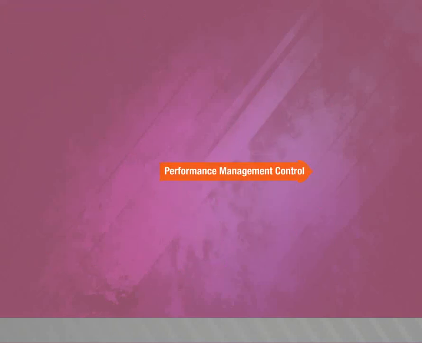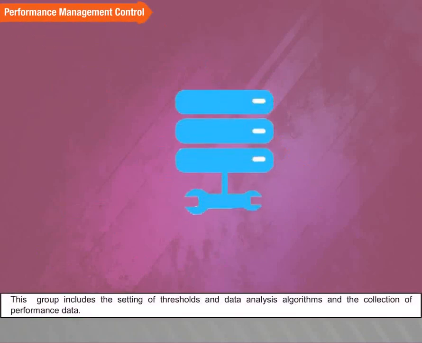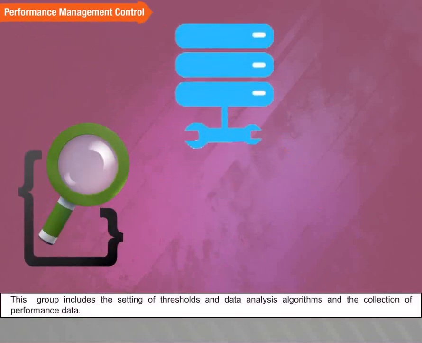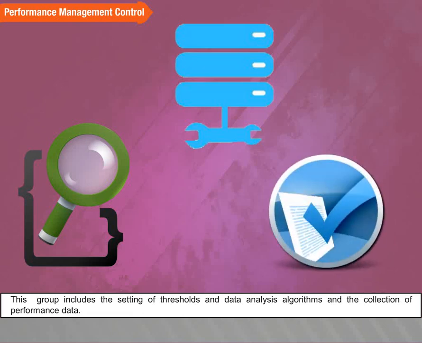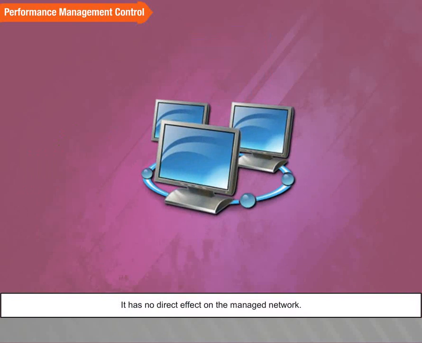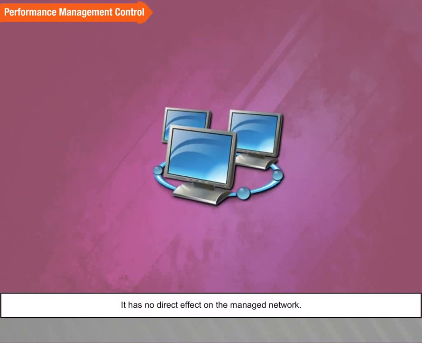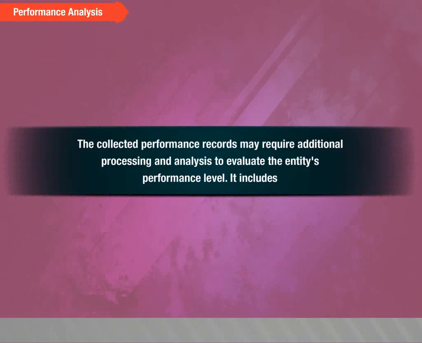Performance management control. This group includes the setting of thresholds and data analysis algorithms and the collection of performance data. It has no direct effect on the managed network. Performance analysis. The collected performance records may require additional processing and analysis to evaluate the entity's performance level. It includes